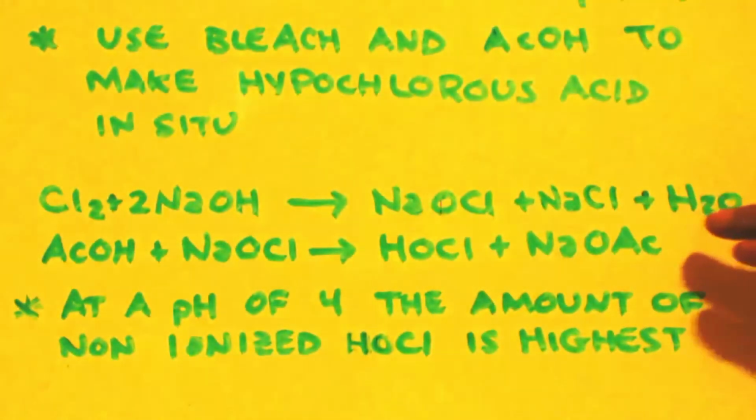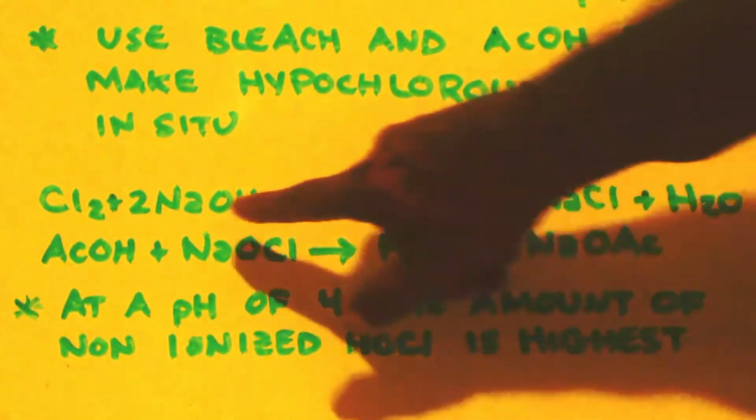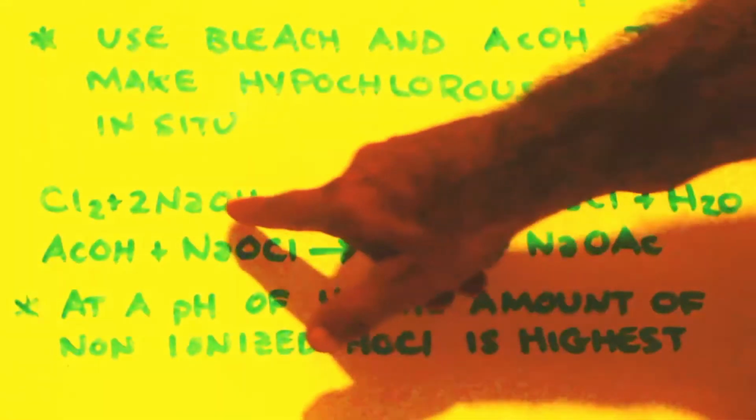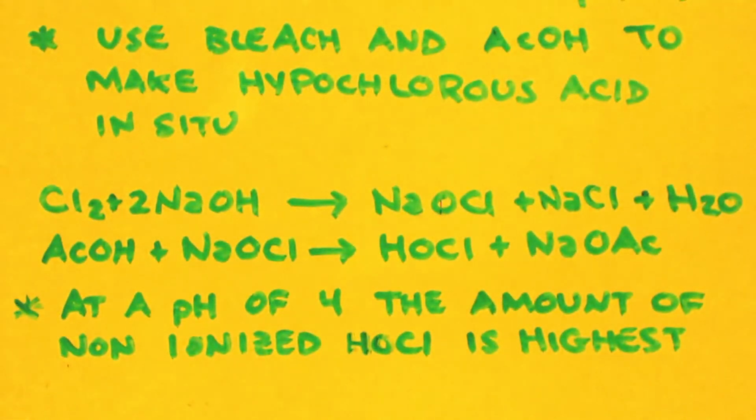All this stuff in equilibrium, mostly this stuff, because they push the equilibrium this way, adding so much sodium hydroxide. So, how do you make an acid? You drip a stronger acid on the salt of that acid, right? If I want to make nitric acid, I drip sulfuric acid on potassium nitrate. If I want to make acetic acid, I drip sulfuric acid on